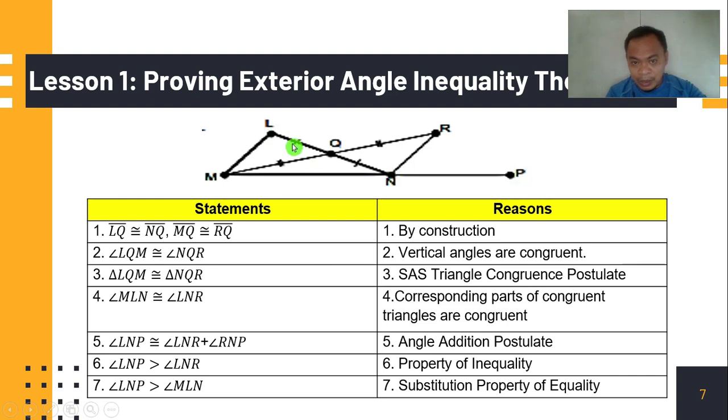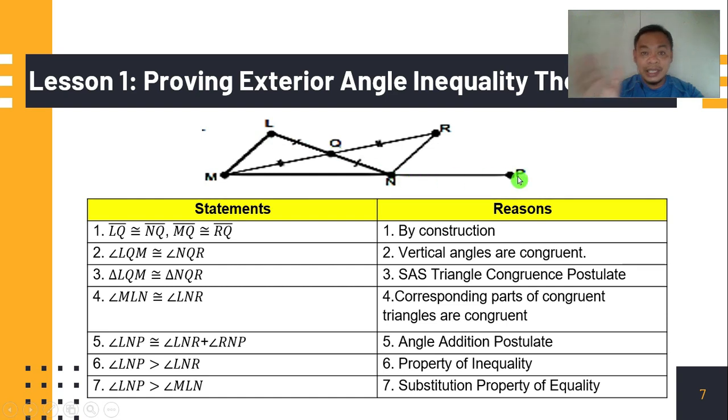LNP. This one is greater than LNR. Totoo naman, di ba? If you can see it here, this angle is greater than this angle. Okay. So therefore, you know, that is the property of inequality. Therefore, statement number 7,